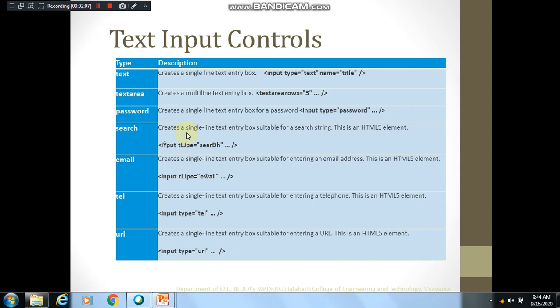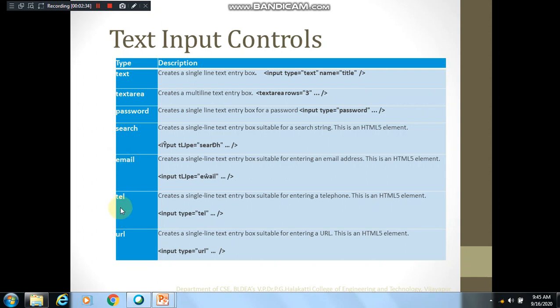So it checks for the presence of the at the rate symbol and dot within that. So instead of writing a script for verification of the data, you can directly use input type equal to email instead of text. Then it will automatically do the verification, and if the user makes a mistake, it notifies the user that you have entered wrong data in place of email.